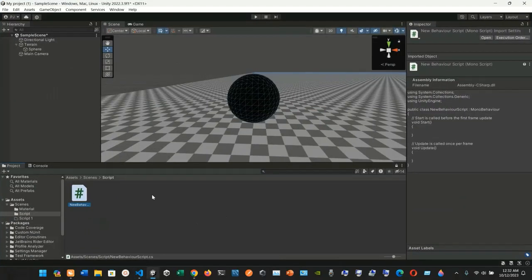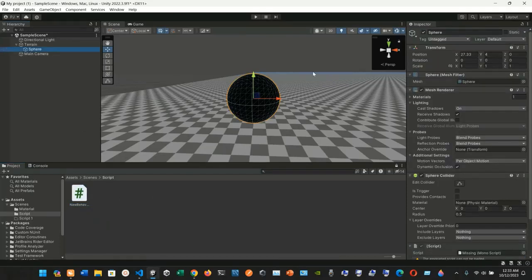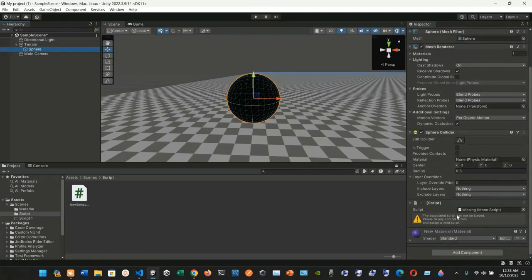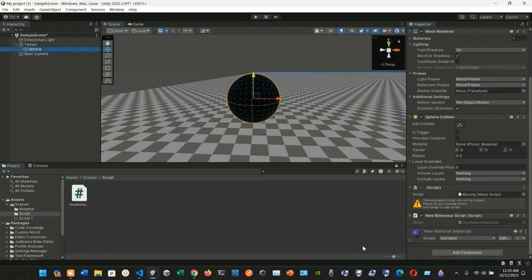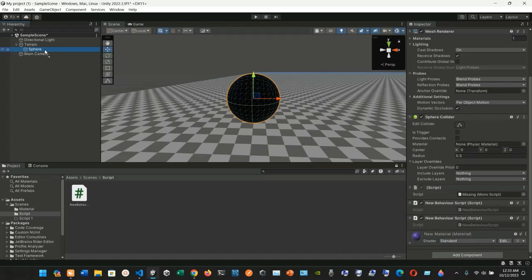So we have that, and let me see now if we go into the sphere, and more missing mono script. So I can just grab this new script and just drop it here. Let me see if this works. So pretty much you can just grab it here and drop it into this sphere. I already did it twice, so let me